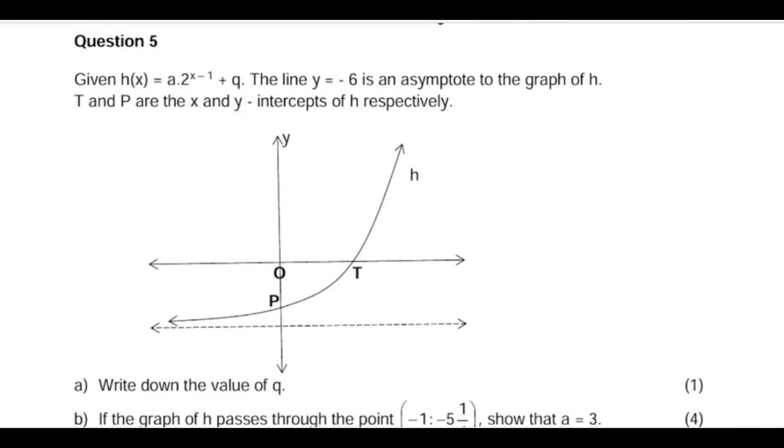Okay, grade 11s. Let's look at this question 5. This is functions, exponential